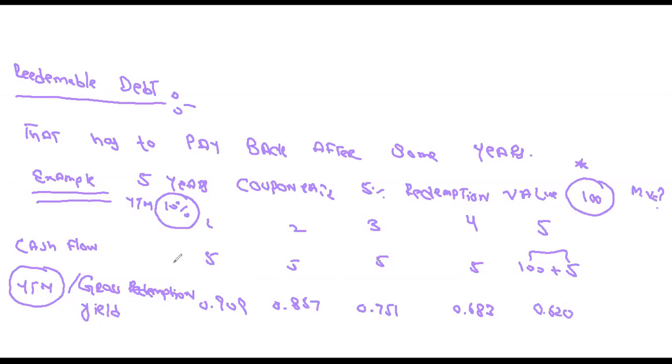So what we will do, we will multiply these cash flows with the discount factors and add up, and what will be the answer? That will be market value. Okay, now